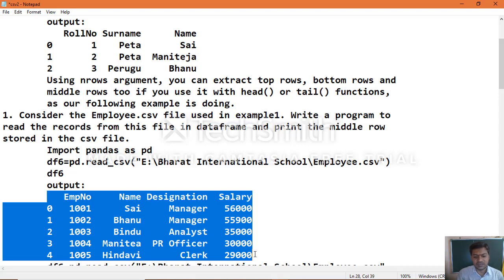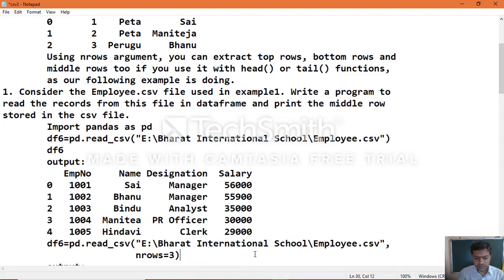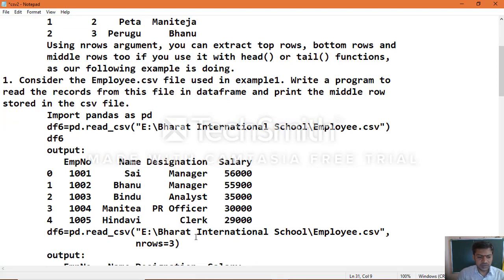When you have few records, it is very easy to extract that middle row. With the data frame object we are creating, to extract the middle row, first we extract the number of rows we want, and then print that object.